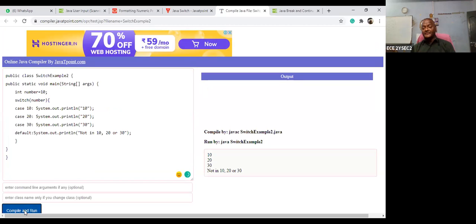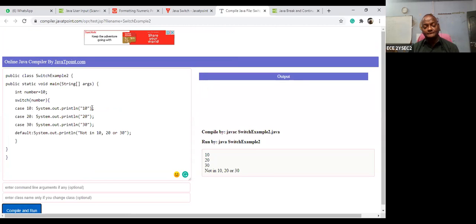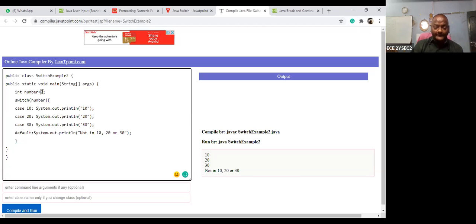Okay, here one problem is there. What is that problem? I am not using the break. So that means it will print all the values. Okay, suppose I'm giving 40. Then what happens?